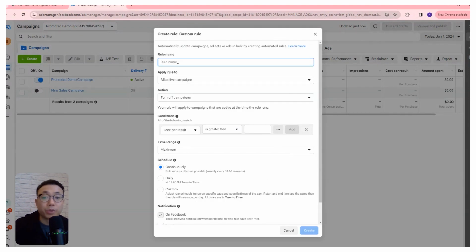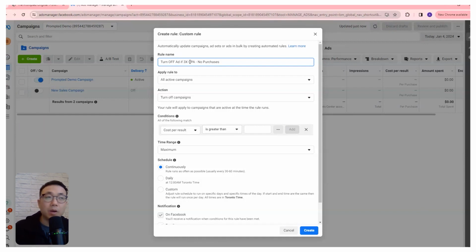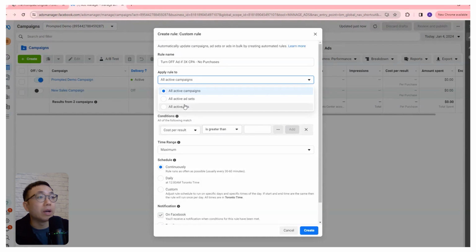The first rule we're going to create is a rule to prevent spending on an ad that just isn't getting any sales. In this case, we're going to turn off the ad if 3 times CPA, no purchases. So in our case, if our target CPA is $15, we're going to see if any ad has spent $45 or more and still doesn't have a purchase, then we're going to turn it off. But we're only going to apply it to the active ads. We're not going to do it on ad sets or campaigns